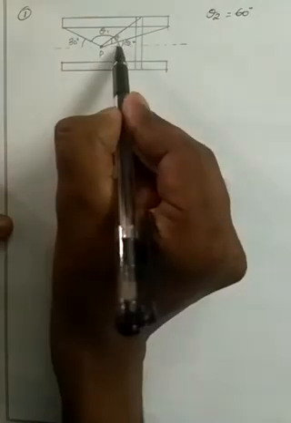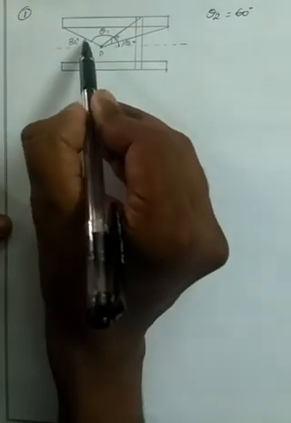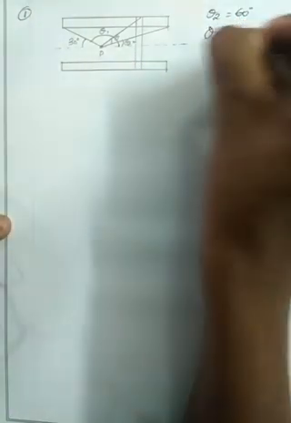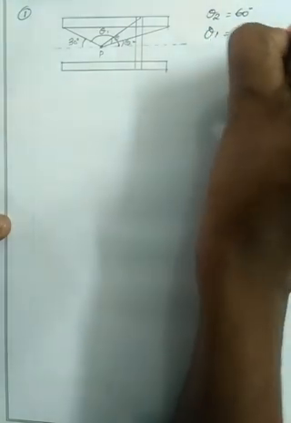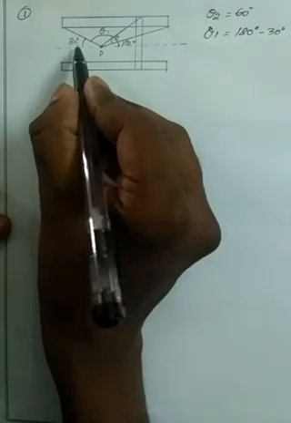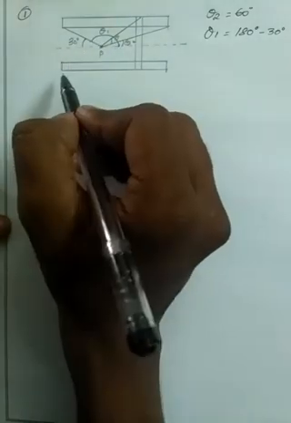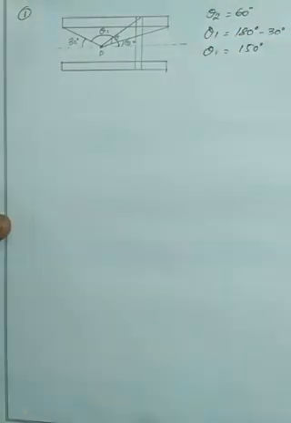So what will be the value of theta 1? This complete angle is considered as 180 degree. So from that 180 degree, if we neglect 30 degree, then we get theta 1. Okay, so theta 1 equal to 180 degree minus 30 degree. This 30 degree is not our theta 1 because our theta 1 is calculated from here to there. So 180 degree minus 30 degree, so theta 1 will become 150 degree.